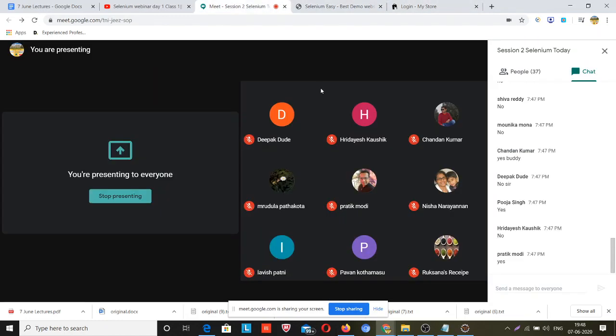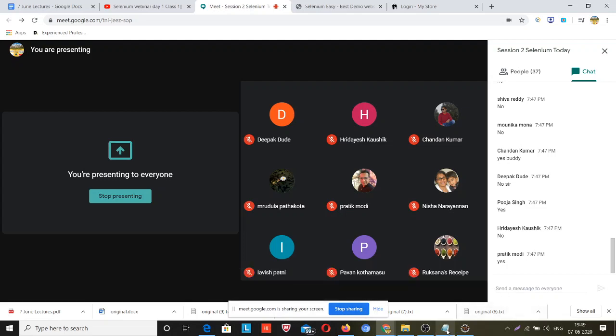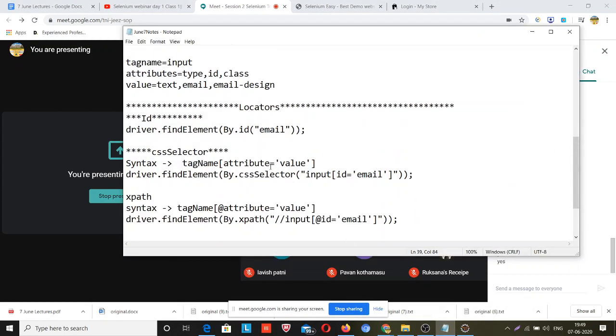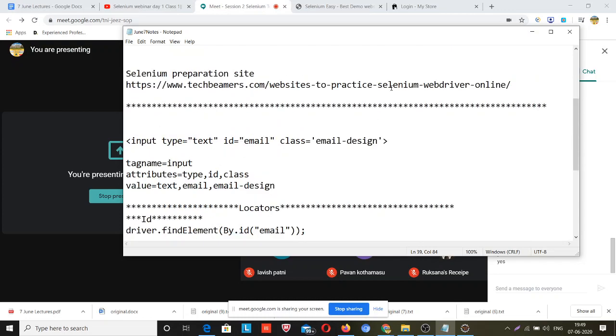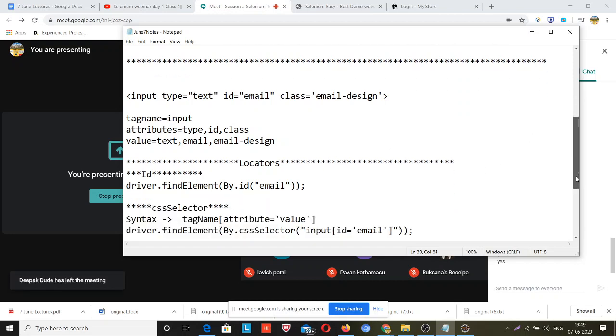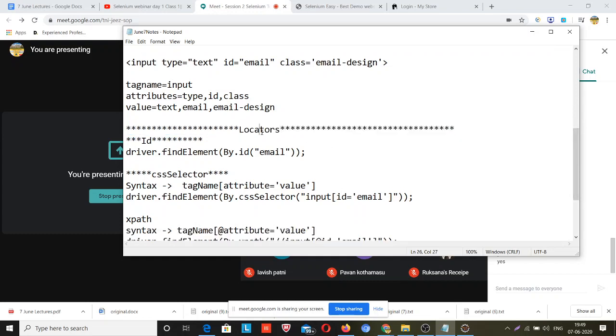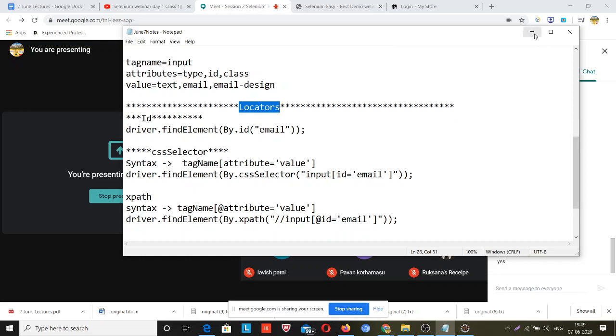So we need to reach those web elements first to automate. Today my agenda is about web elements, because if you want to automate anything, you need to first understand what a web element is and how to locate those web elements using locators. Because if we want to reach some place, we need an address, and these locators are the address that helps you reach those web elements.